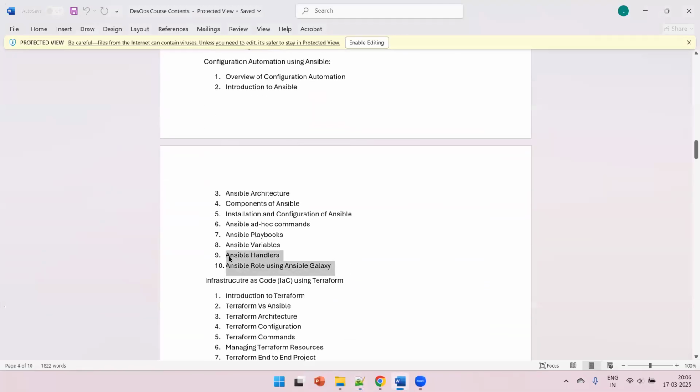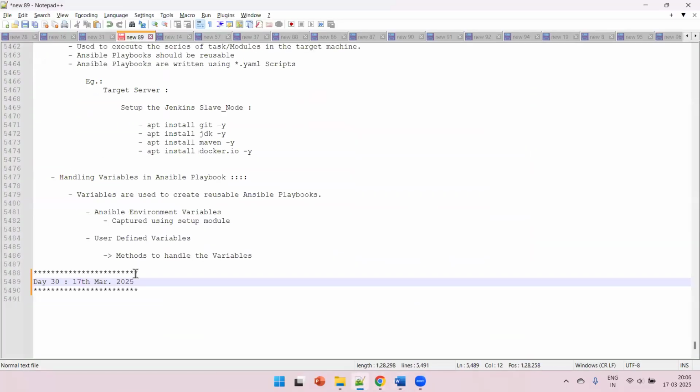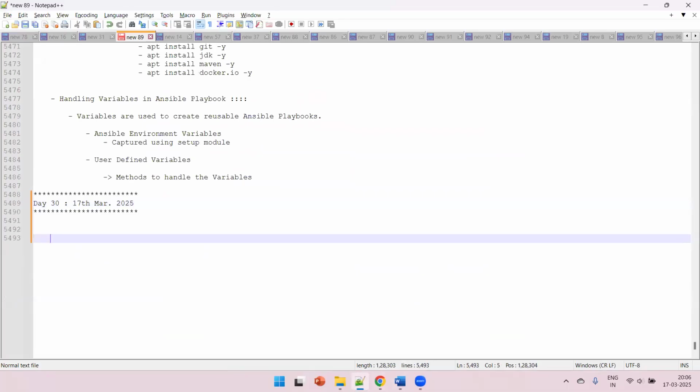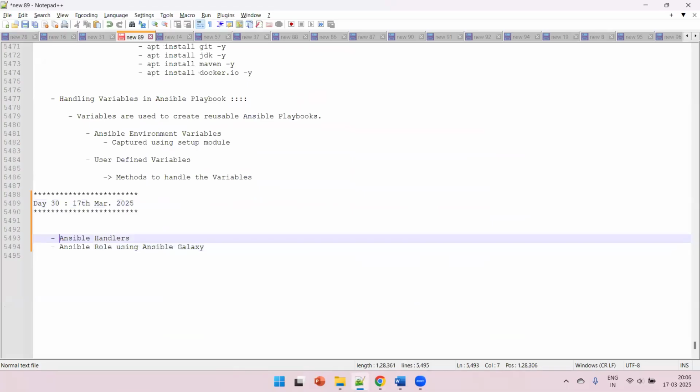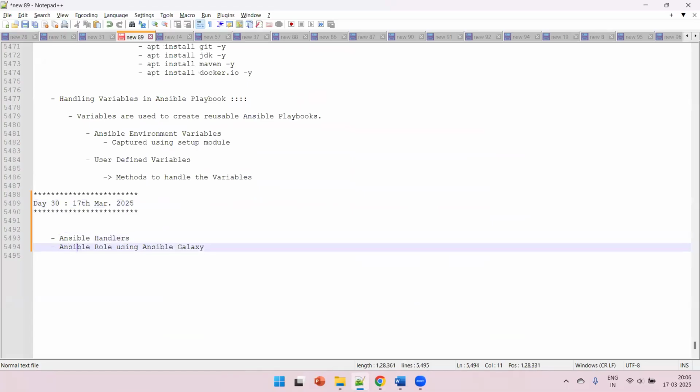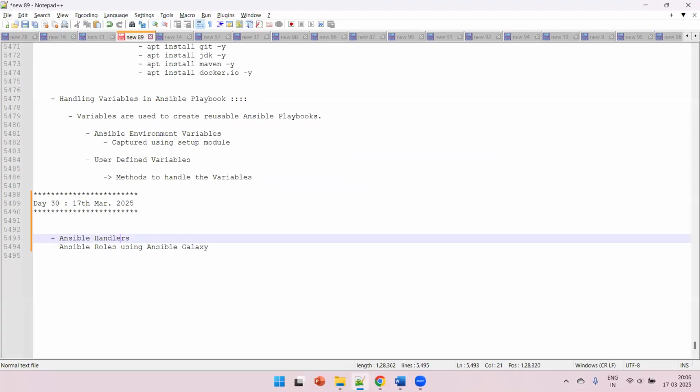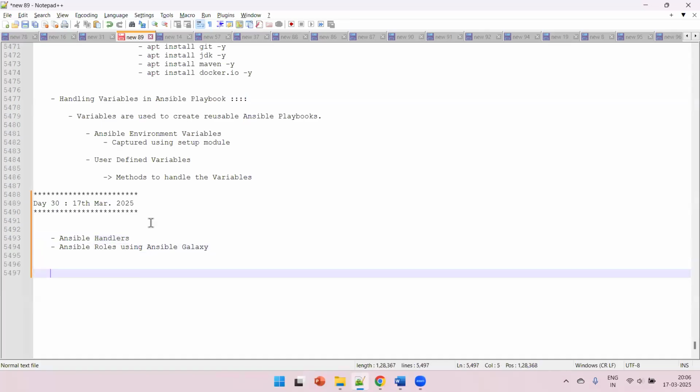Now we'll be talking about Ansible variables, handlers and Ansible roles using Galaxy. So when we talk about Ansible handlers,